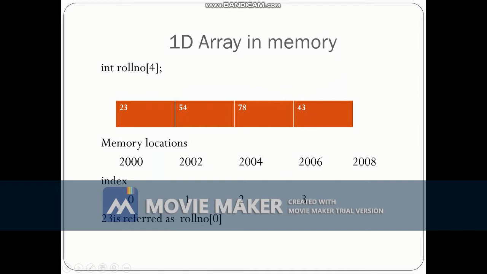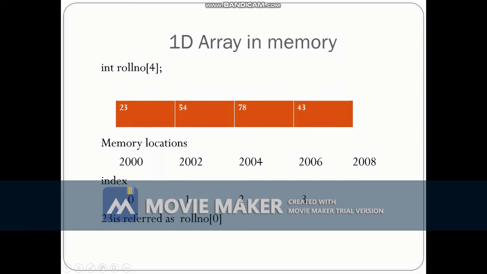So each roll number will have a size of 2 bytes. Suppose we are starting with memory location 2000. So 2 bytes for the first roll number, again 2 bytes for the second, again 2 bytes, like that. So 2 bytes are stored for each of the elements of the rollnumber array.